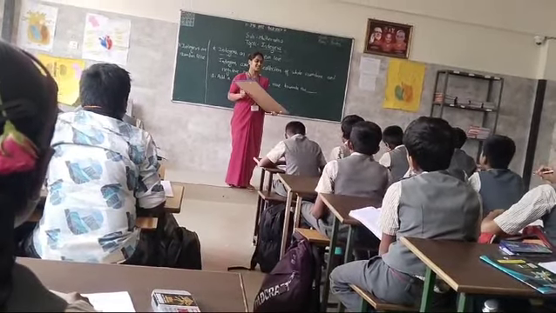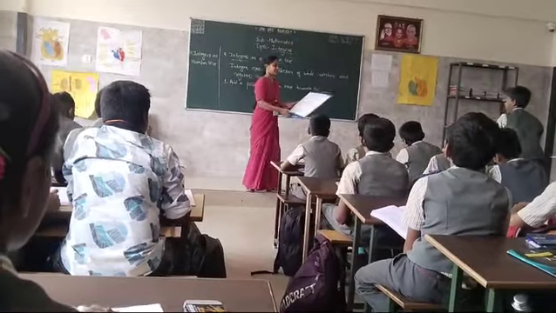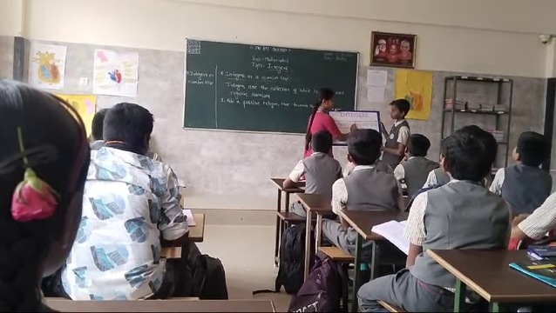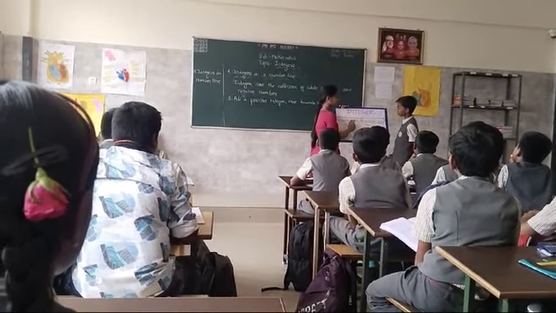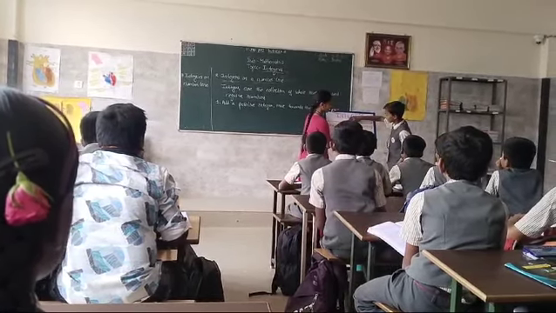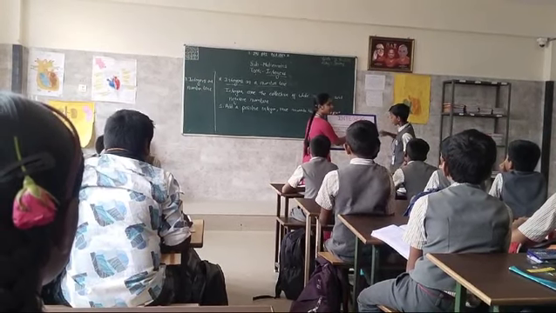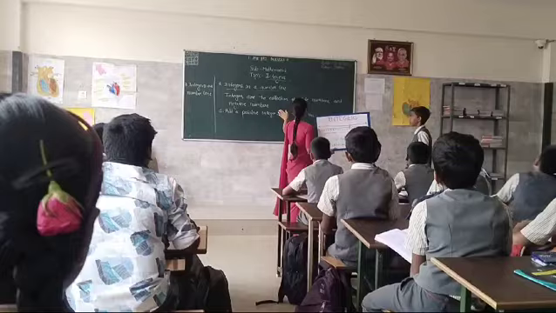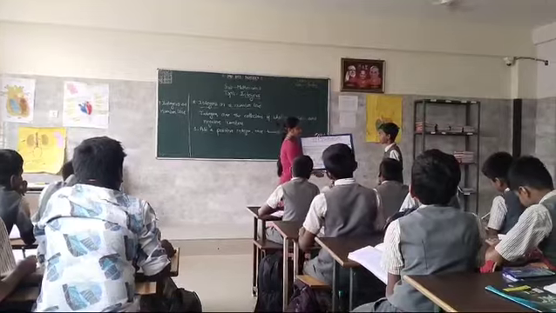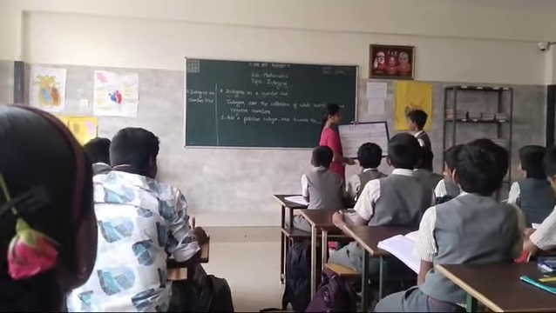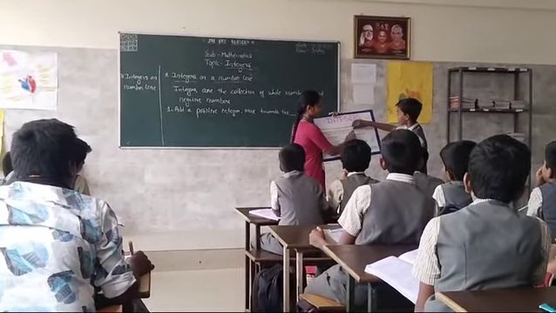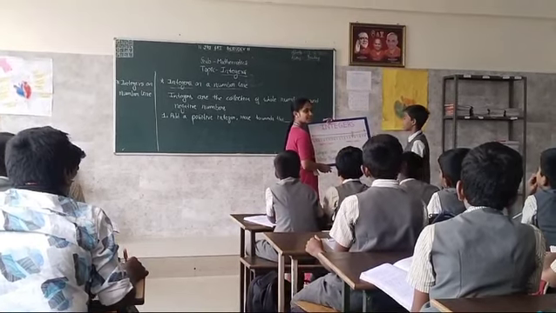Anybody should come up on the stage. So what are we going to do? Initially, suppose we have to choose one integer. 3. Just shift it a bit. Slowly. That's right. 3. Suppose we are going to add a positive number. Any one positive integer. Choose any one. 5. Right. 3 plus 5 is 8.